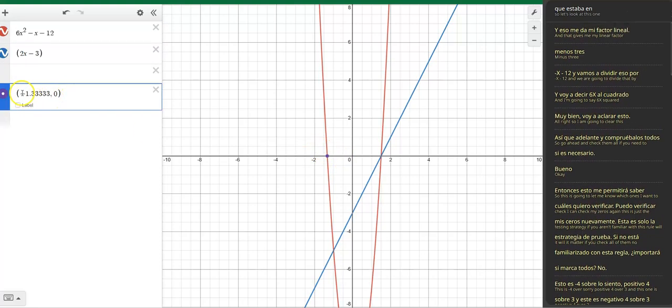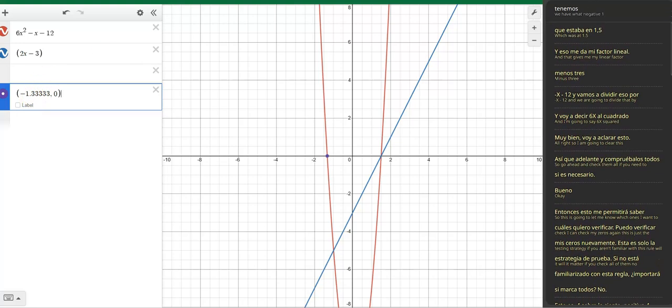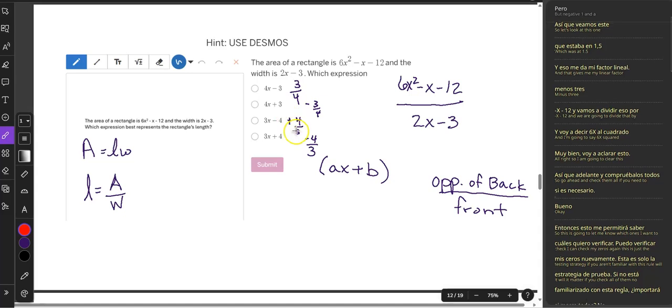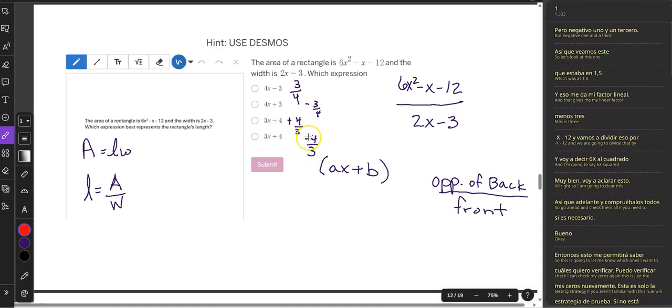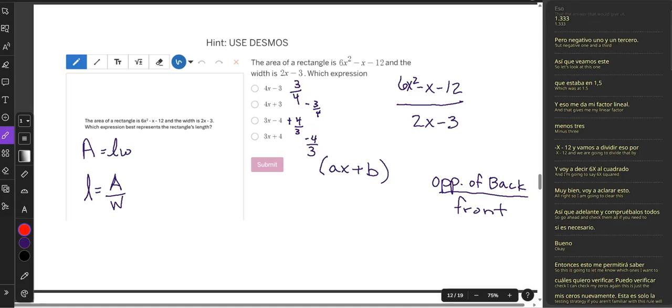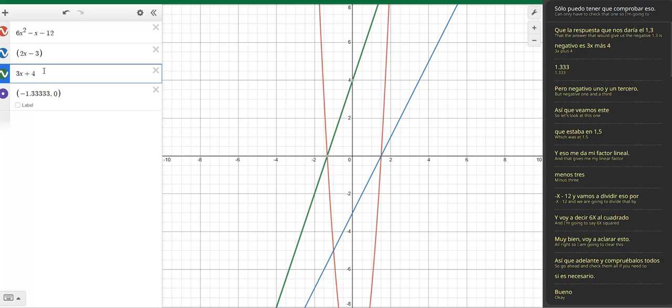We have negative 1 1/3, 1.333. So we can see that the answer that would give us the negative 1.3 is 3x plus 4. So now I only have to check that one. So I'm going to say 3x plus 4, and that is a linear factor